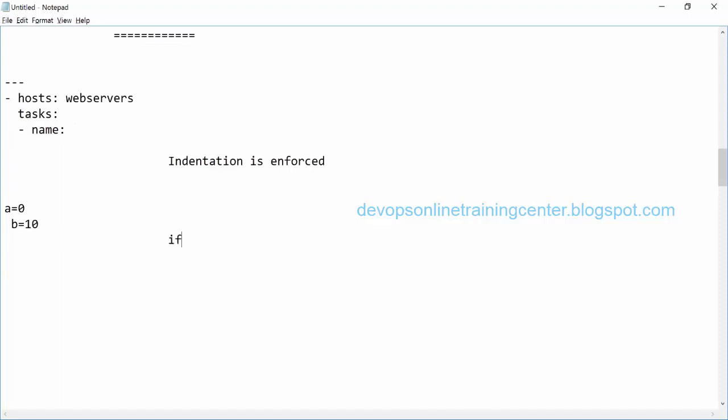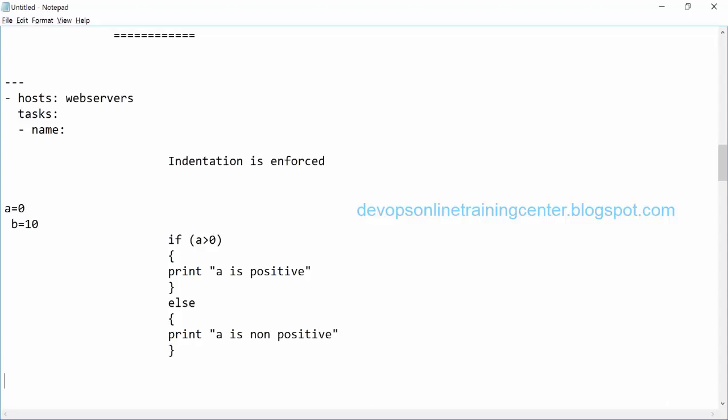So in scripting languages like C or C++, we write like this: if a is greater than 0, right? And then we open a brace, and then we print something like a is positive, else, print a is negative or non-negative, and then we close the brace.